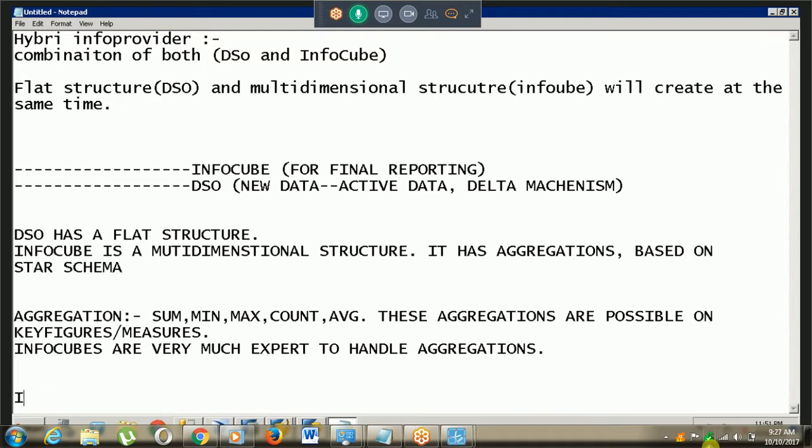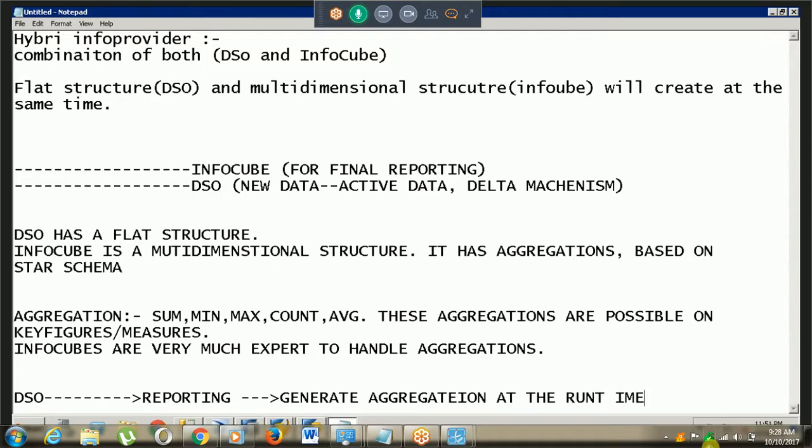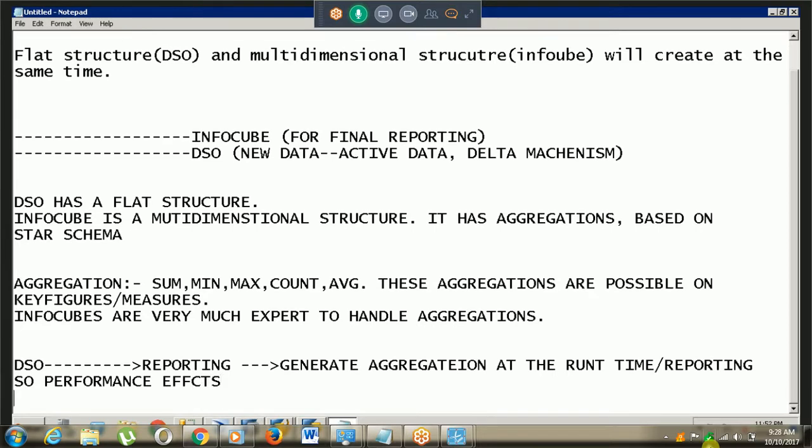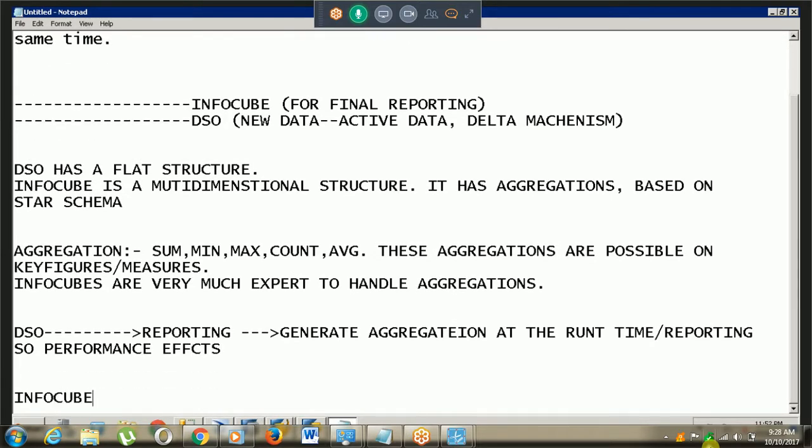If we are using DSO for reporting, it will generate aggregations at runtime, meaning at the time of reporting, so the performance will be slow. Performance is affected. But if we are using InfoCube reporting,